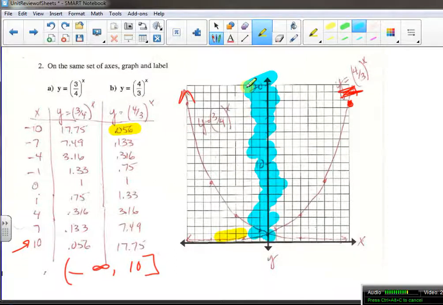And choosing an appropriate scale is all about seeing what happens in your calculator before you start drawing on the grid. And that same idea is true when we get to solving exponential equations, because especially with exponential equations, we're usually not talking about a minus 10 to 10 window. We often have numbers that are in the thousands or the hundreds, and it's totally about looking at your calculator first and making decisions about what you should be putting on your paper before you start drawing